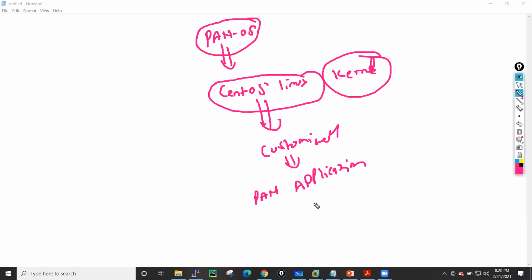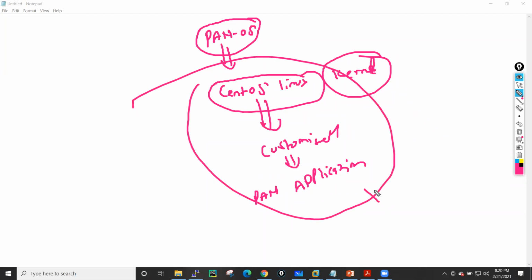So the entire box, or entire OS, becomes the PAN operating system. As you know, this firewall operating system is based on the Linux kernel, so if you want to troubleshoot at the kernel level, you have to know the Linux kernel details.